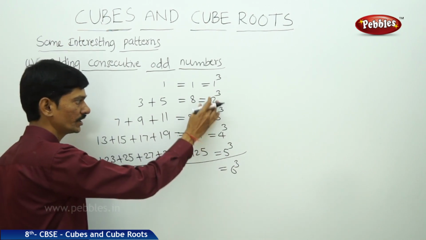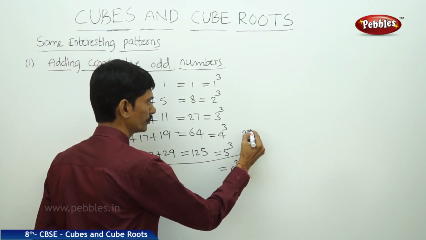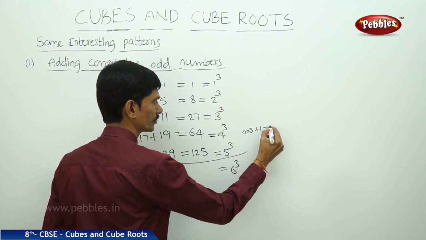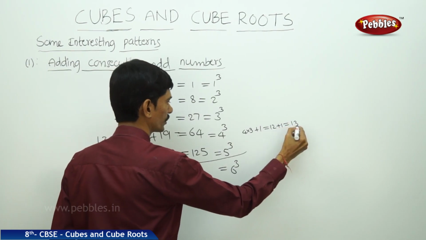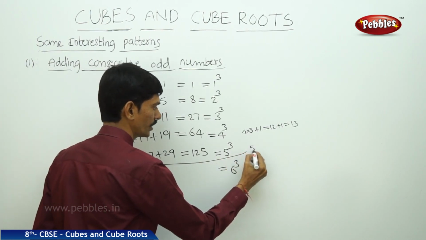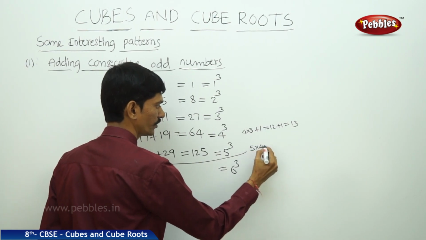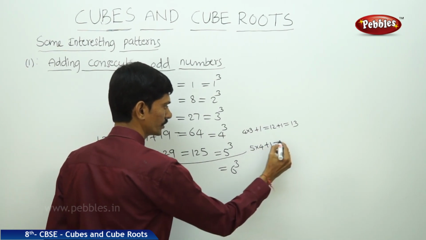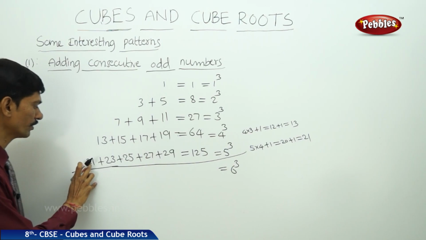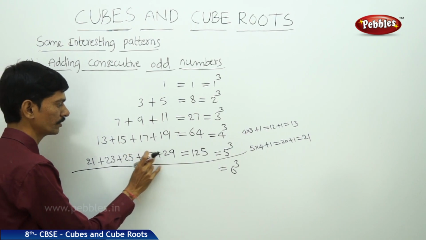From this pattern we can observe that here the base is 4, so we can take 4 into 3 plus 1, this equals 4 3s are 12 plus 1, that equals 13. So we can start from 13. If you observe the next one, 5, first you take 5 and decrease by 1, then you get 4. So 5 into 4 plus 1, this equals 5 4s are 20 plus 1 equals 21. So you can take 5 consecutive odd numbers from 21: 21, 23, 25, 27, 29.